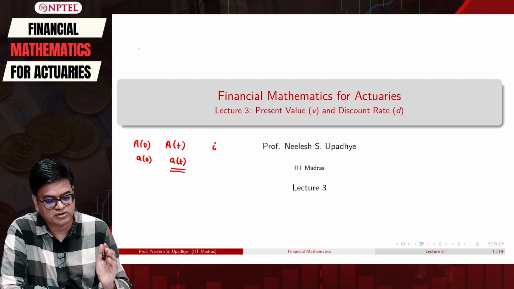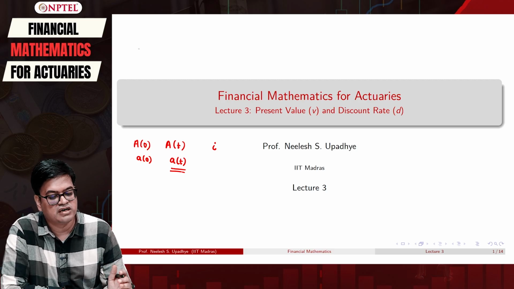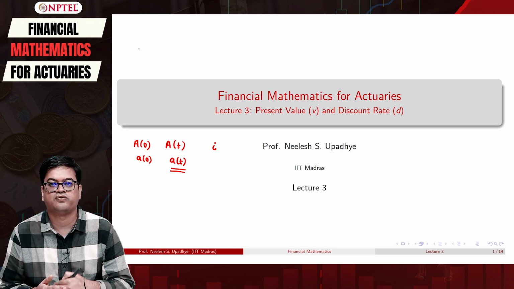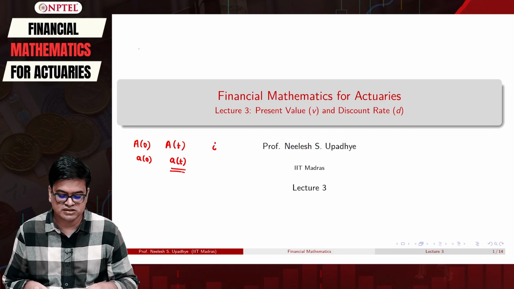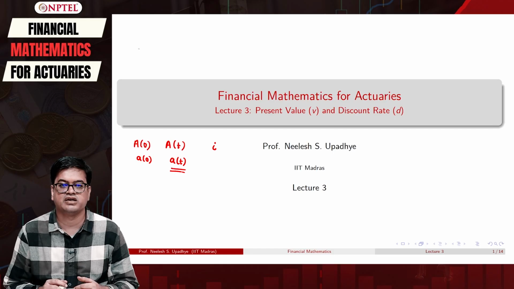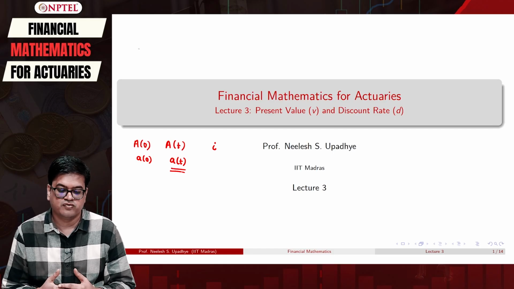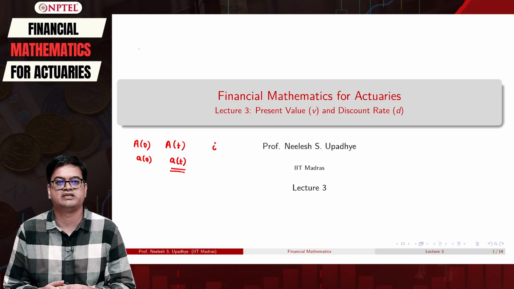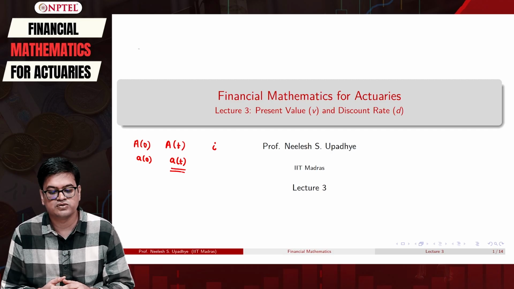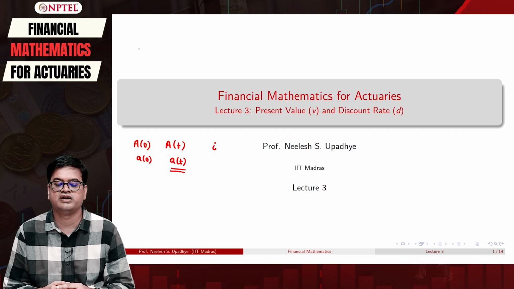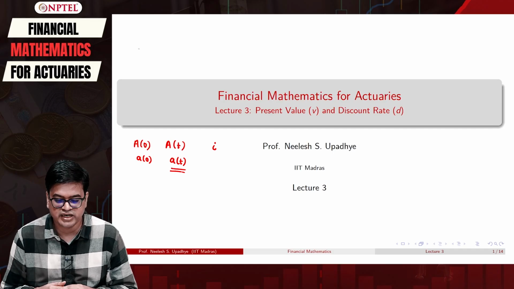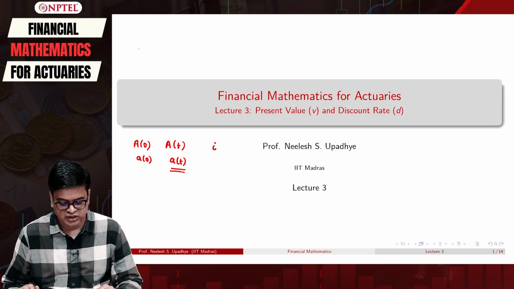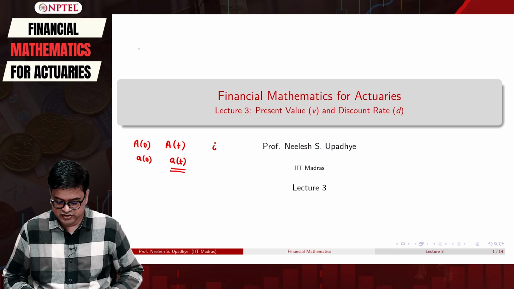In all these calculations that we have done related to capital A(t) or small a(t), we were looking at the forward value of money, in the sense what will happen to my money in future. Today we are going to deviate and we will travel backwards in time, and that is where the notion of present value and discount rate becomes prevalent. So let's analyze it using today's roadmap.